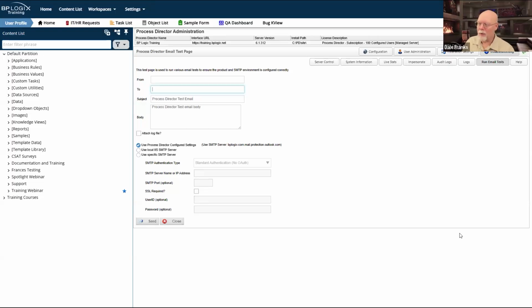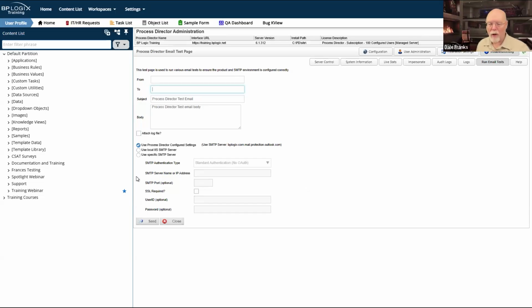Hey, let's go to run email tests, and I'm going to send myself an email and we'll see what happens. And if I magically receive the email, then our primary assumption should be that the system is sending email as expected. The nice thing about the run email test is that it allows you to do a couple of things.